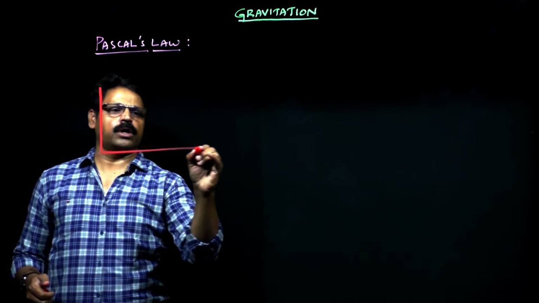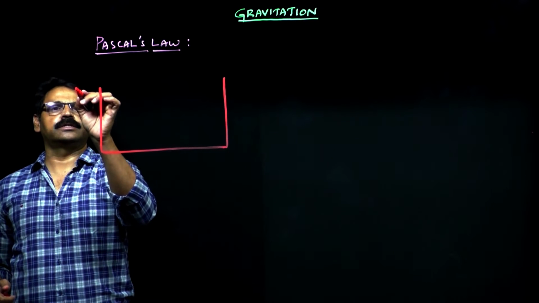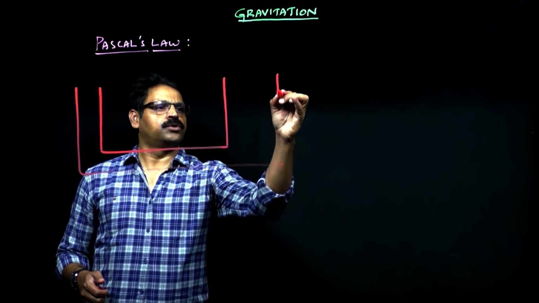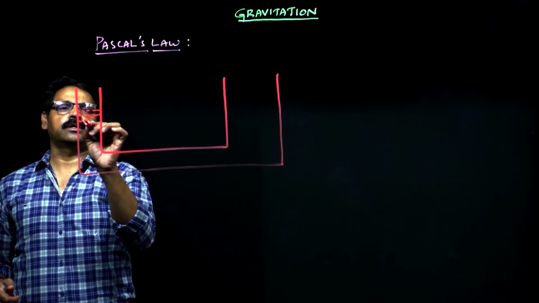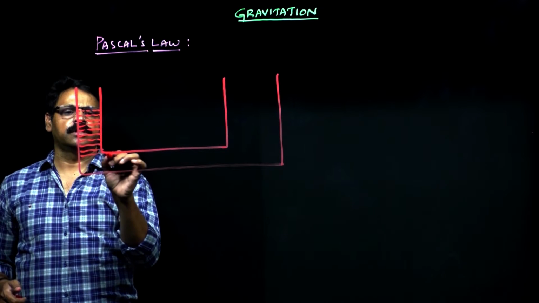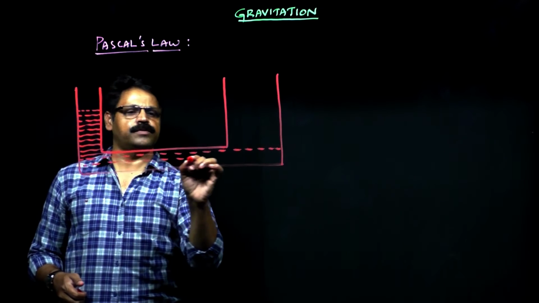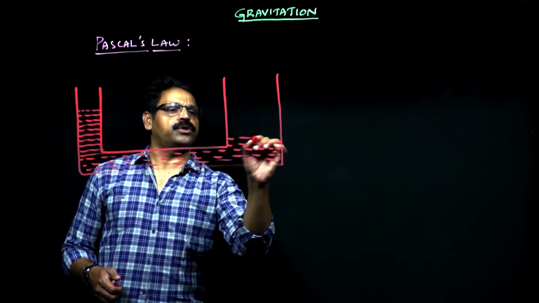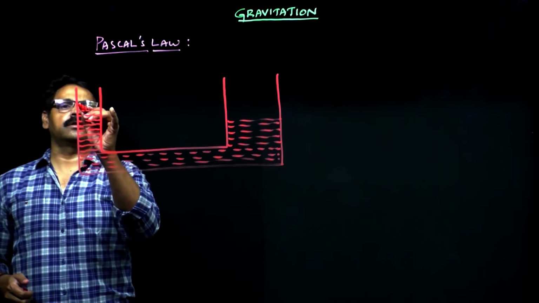if I have a fluid taken into a column which has different cross-sectional areas, like a U-tube which has two different cross-sectional areas. Here I am filling with the liquid. Fluid in the sense generally I am taking a liquid, or even with gases you can do. For the sake of convenience I am doing this with the liquid. So when a liquid is filled in the limbs of this U-tube having different cross-sectional areas, and here I have